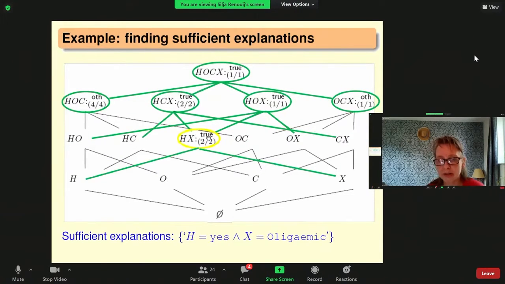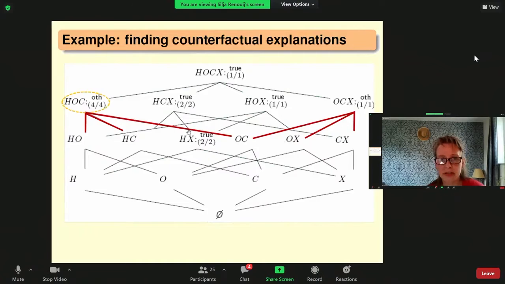So we continue, and in fact, we find the only sufficient explanation that we have in this case right here. So we see that all ancestors in the lattice have labeled true, and that's the condition we need. And we find an explanation with values of H is yes and X is some other value. So now we can stop because we know that all the other ones that were enqueued in the queue for sufficient explanations don't have those true labels for all their ancestors. So we're done here, but we were still looking for counterfactual explanations, and we had initialized that queue before, so